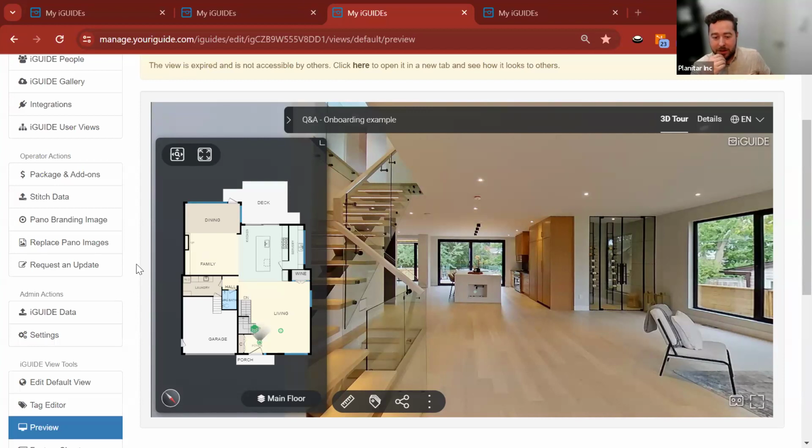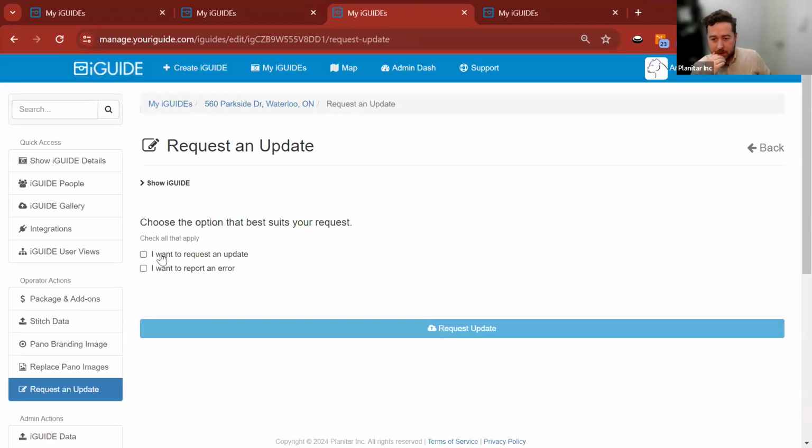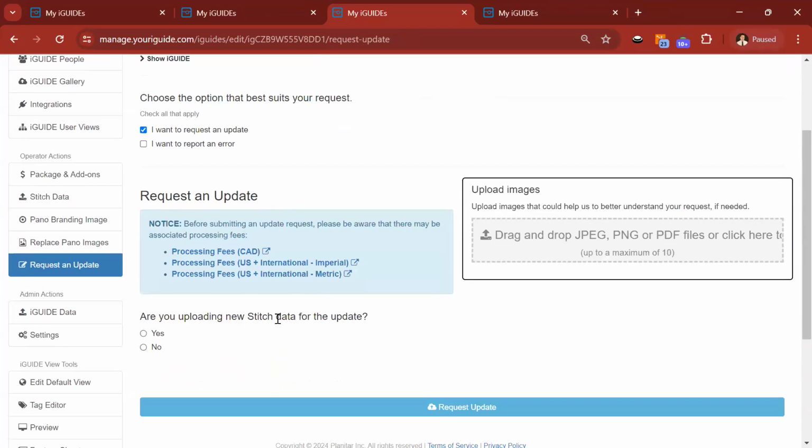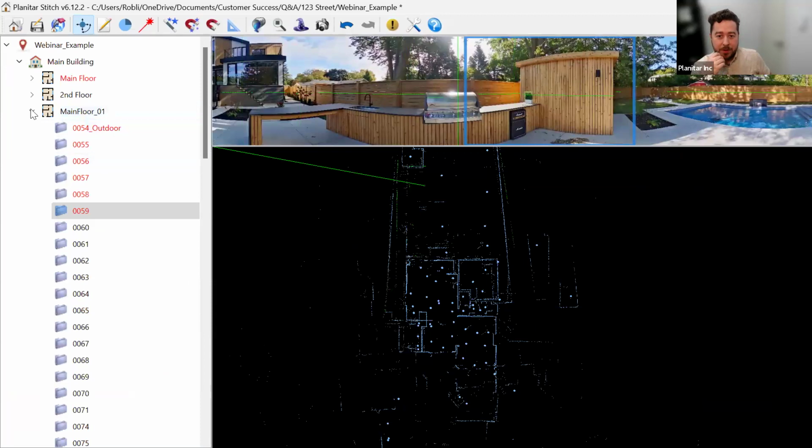All right, so let's assume that it's this iGUIDE here, and we've got our exterior scans. We're going to go to request an update. Want to request an update. Are you uploading new Stitch data? So this is where you would be using Stitch, if you have the original project,